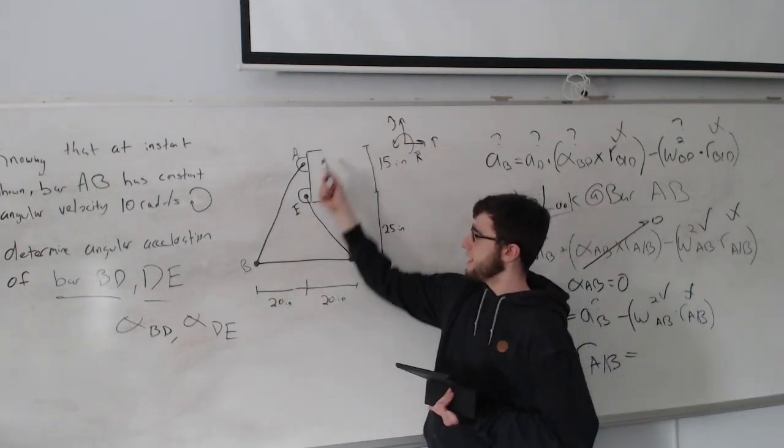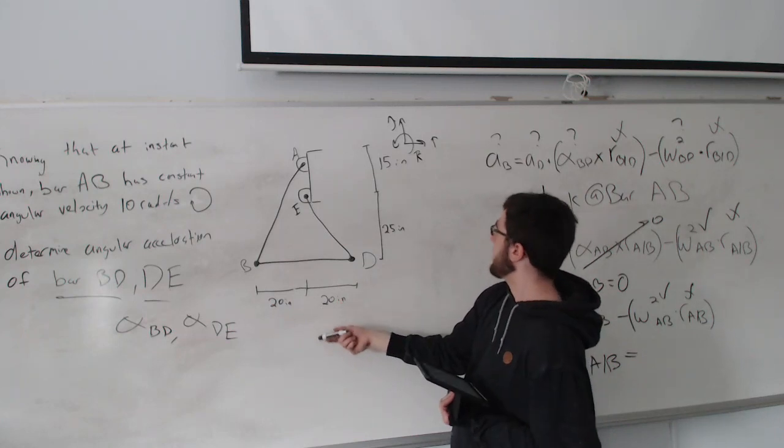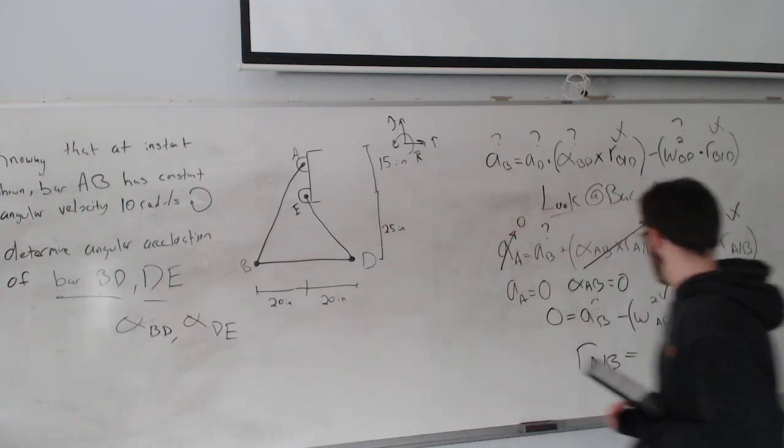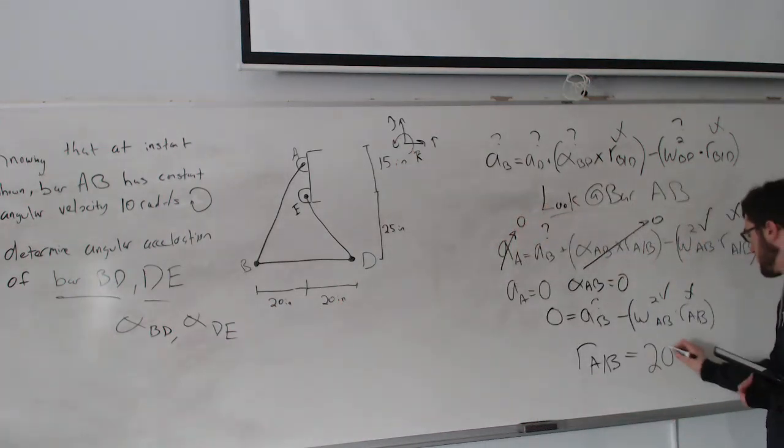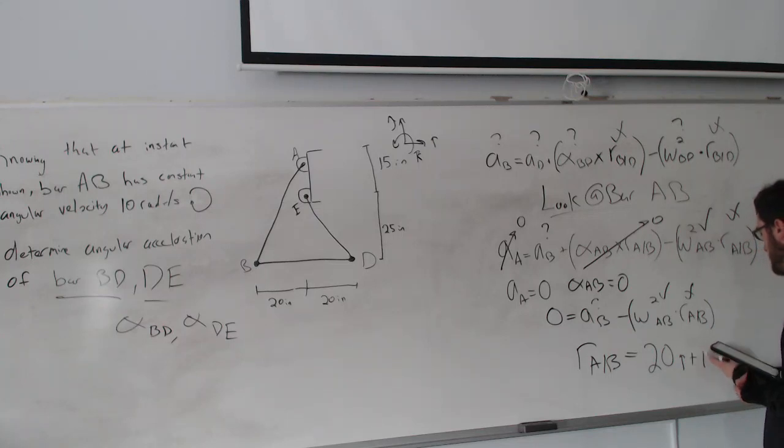So 2A from B, 20 in the I, and 40 in the J. Any questions there? All good? Okay, awesome. All right. So we can solve for the acceleration of B. Acceleration of B equals 10